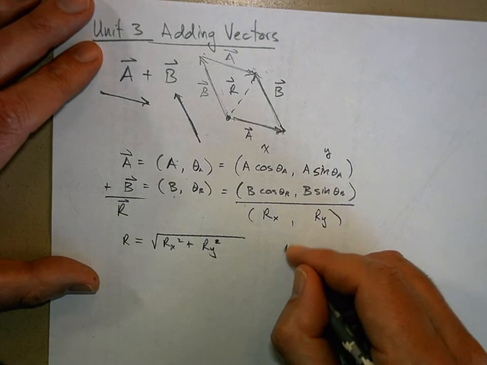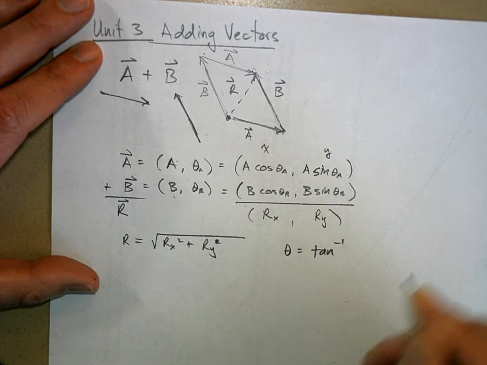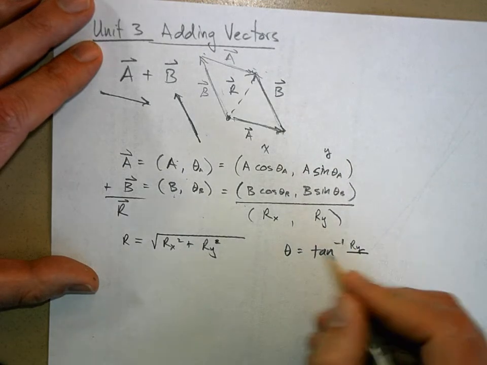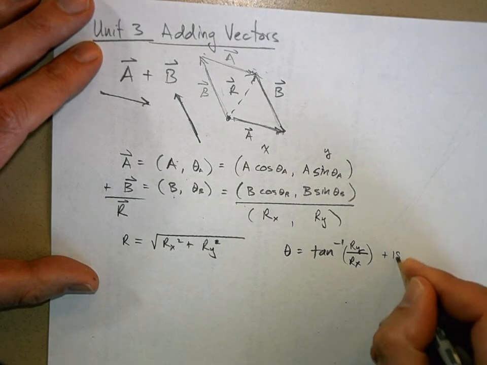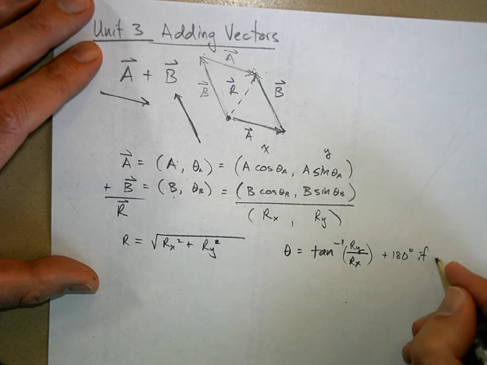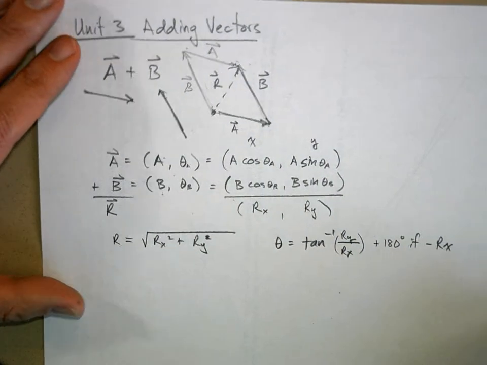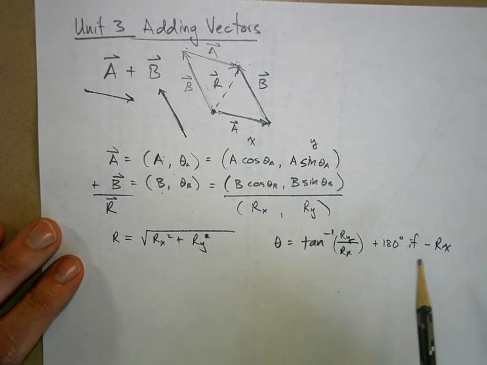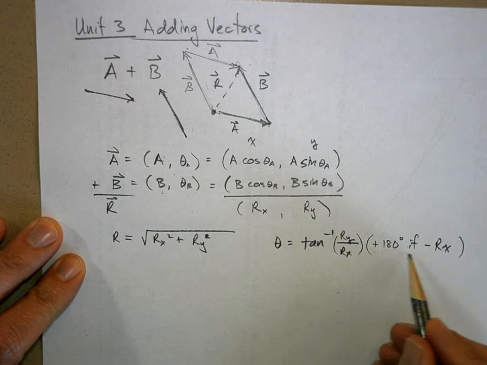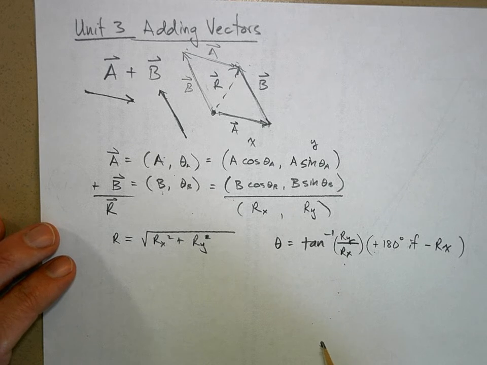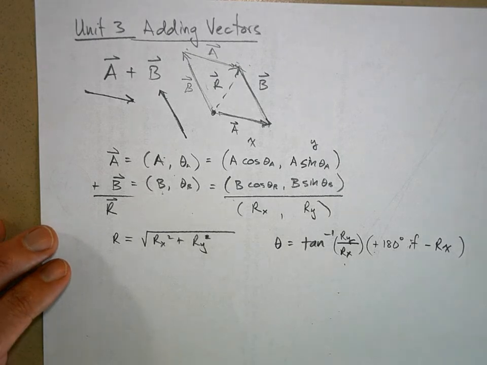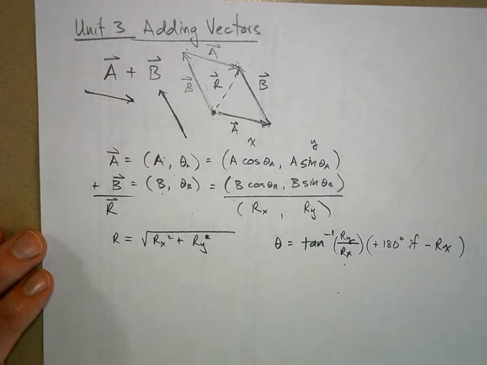And then theta is going to be equal to the inverse tangent of the y component of r divided by the x component. And then when do I add 180 degrees? If rx is negative. Am I still on screen? Yeah. Okay. So you only add 180 degrees to your answer if your x component is negative. What if your y component is negative but your x is positive? You're going to get a negative angle, which is fine. It's going to be correct. And what does a negative angle mean? You're just rotating down from the positive x-axis clockwise instead of counterclockwise from the positive x-axis. Okay, so that'd be totally fine. So that's